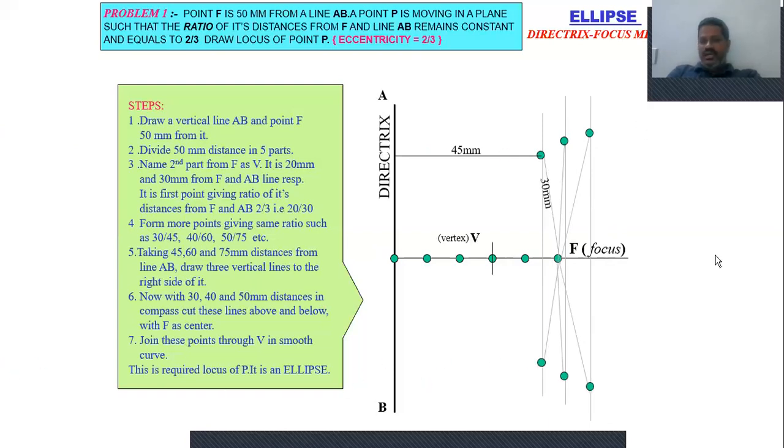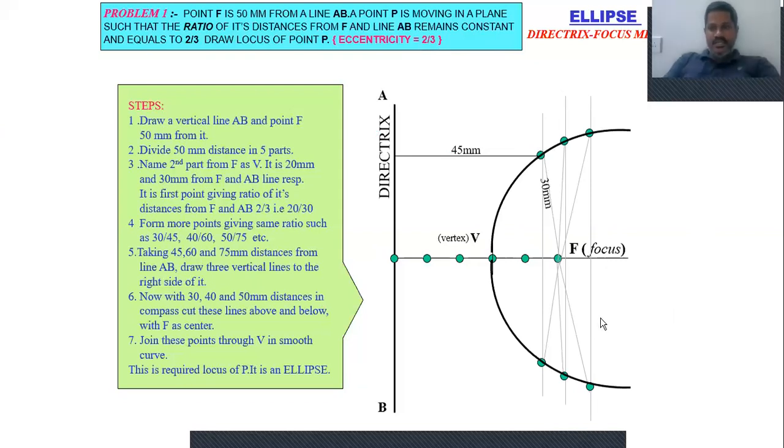So we go on adding vertical lines in the ratio of 2/3 and mark these points, and join all these points to get the ellipse. Okay, so now the distance should be maintained in this ratio. While drawing these vertical lines, the distance should be in the ratio of 2/3. So initially we have taken